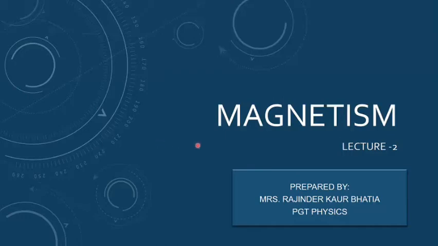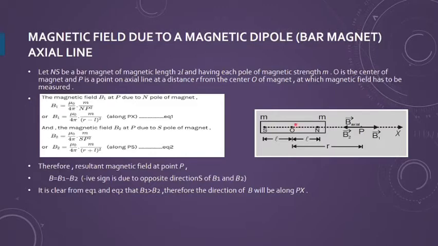Ready, so we can begin with the lecture on magnetism in continuation. This is the second lecture of KISS. In the first lecture we discussed the magnetic field lines, the bar magnet, and the current carrying loop which acts as a magnetic dipole moment. So this is in continuation only.